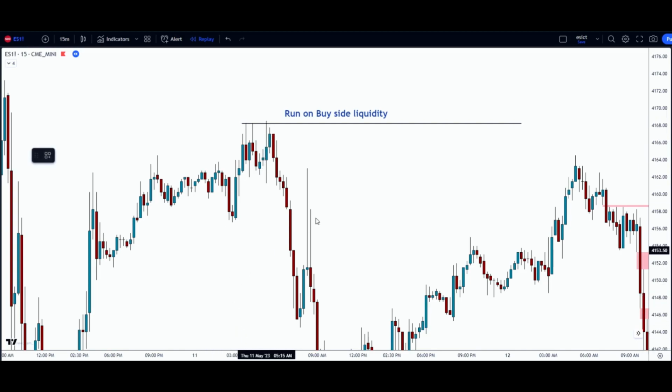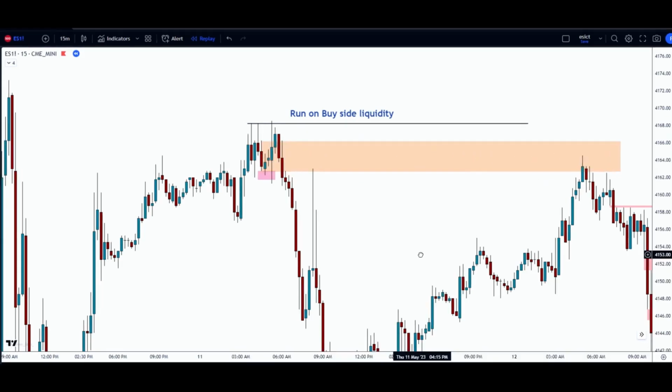Step two, you're going to find the swing low that formed. So that would be here. That is your swing low that formed. Comes down and runs. And then step three, find the last down close candle before the run on liquidity, which is right here. We're going to highlight that and drag it across in time. All right, now that we have our swing low found, our run on liquidity, and highlighted the down close candle,